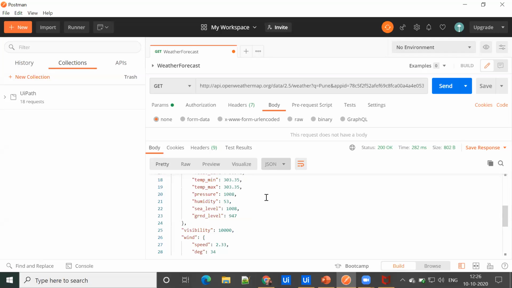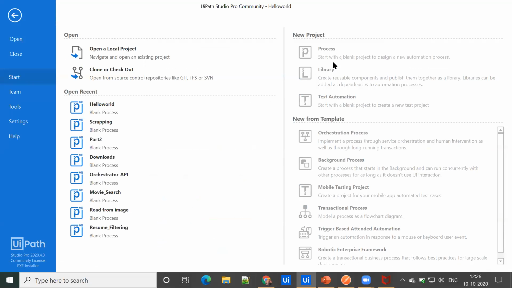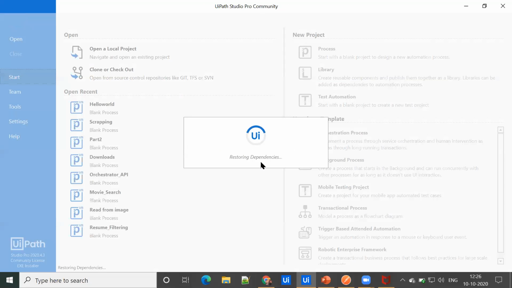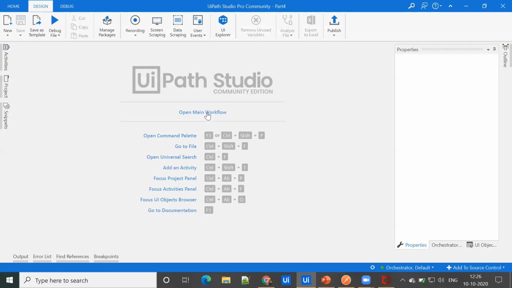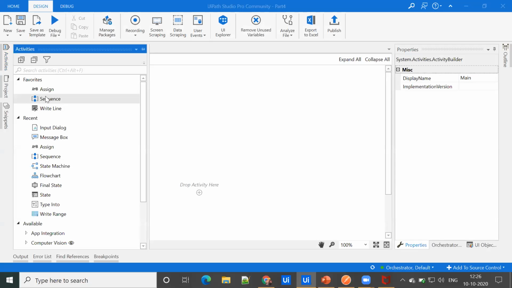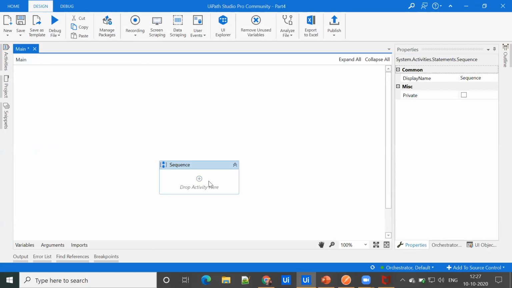So to do that, go to UiPath Studio. Let's create one process. Let's drag one sequence over here. Now, to deal with API, we need some set of activities, right?